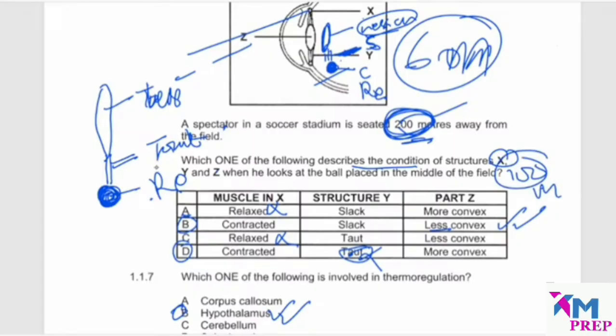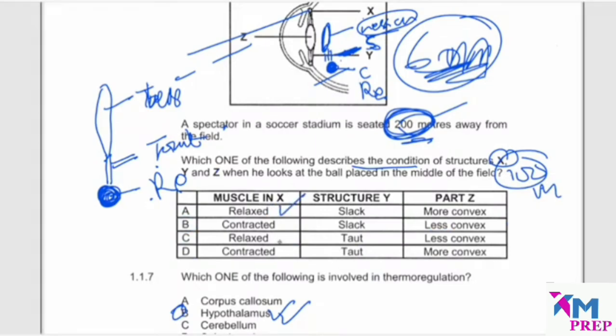Yes, the suspensory ligament must become taut, and then the tension on the lens must decrease. So now we have to look for that. I was describing a nearby object, but it's a far object. Ciliary muscles must relax. So now let me rectify that. That's why I like an online discussion. Ciliary muscles must relax. So it's that and that.